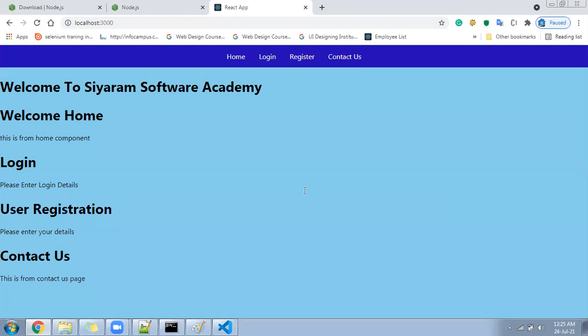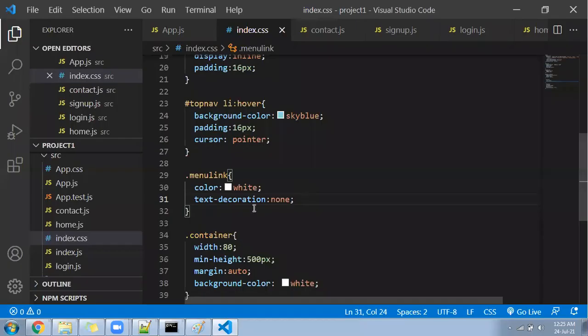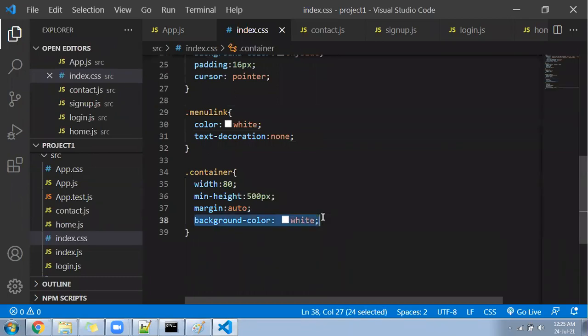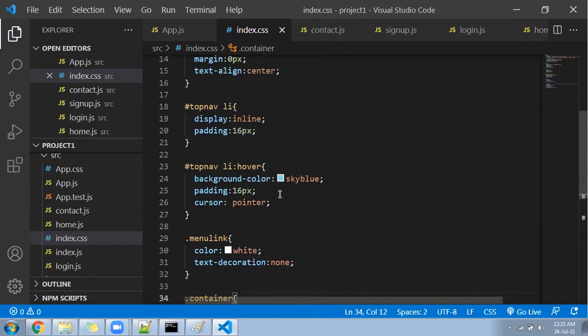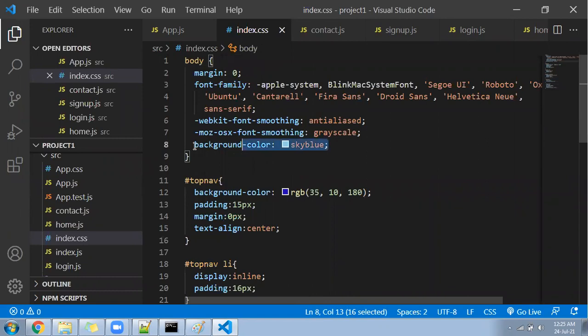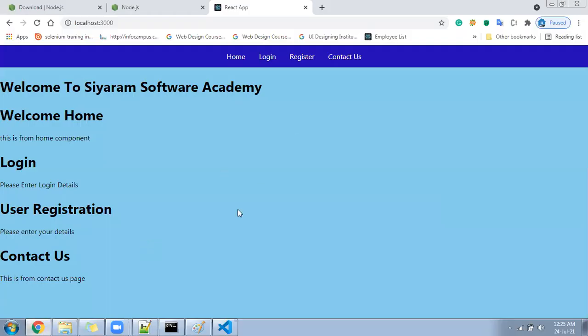Correct. So you saw here the container background I have given as white, right? The container background will be white color, and the background of the body I have given as a sky blue color. It is happening here, right?